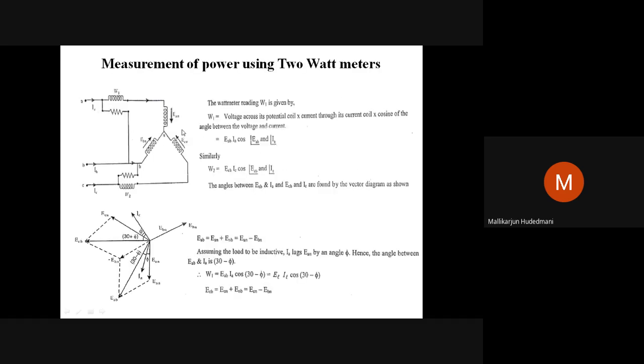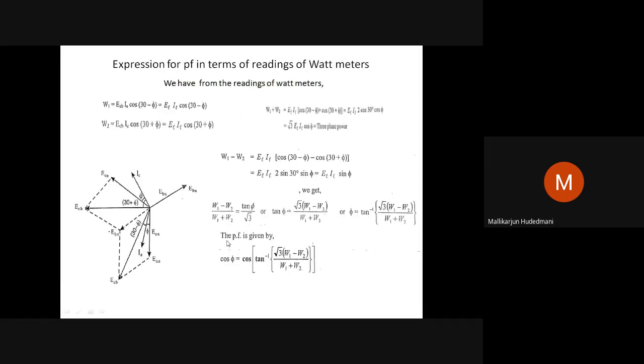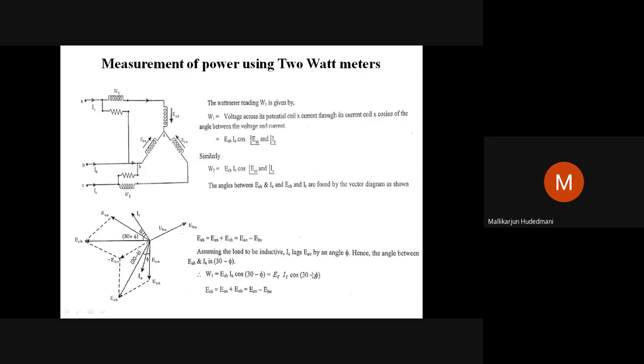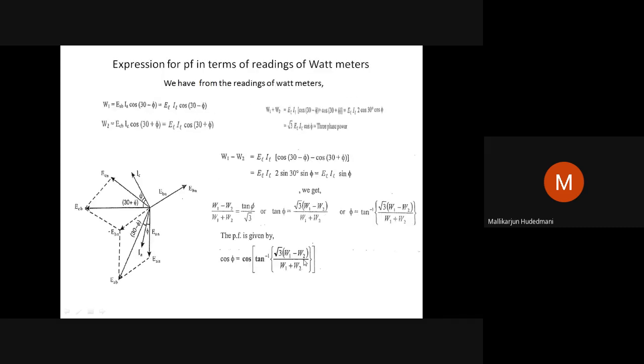Suppose I come back here, this system is given W1 reading, W2 reading. Can you get me the power factor of this load? You can. W1 is known, W2 is known, and the rest are constants. You can calculate the power factor of the load given the readings of the wattmeter. This is another short derivation, an interesting one after the measurement of power, and an extension of the work.